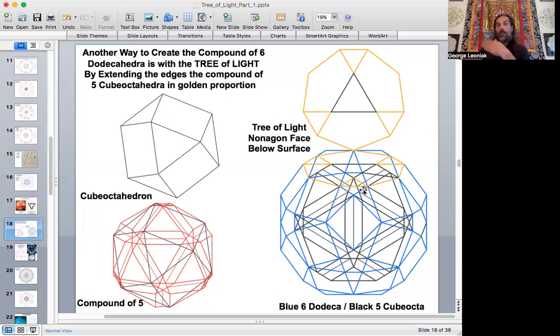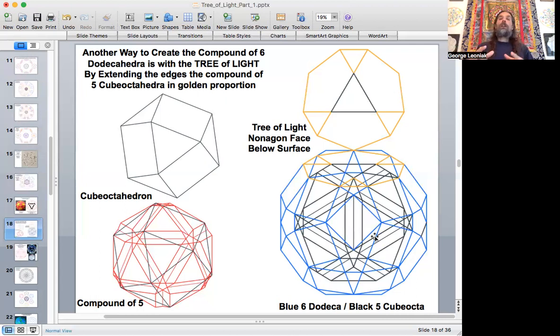So even at this kind of next level of forms, we're dealing with 2 evolved forms, the truncated Platonic solid, the cube octahedron, and the dodecahedron, which is the number of cubes in there, and the 6 dodeca, let's